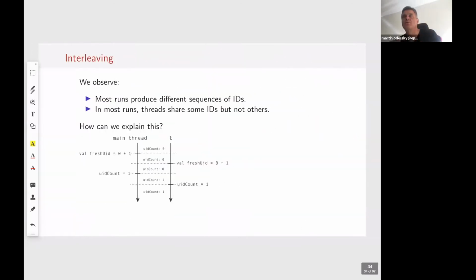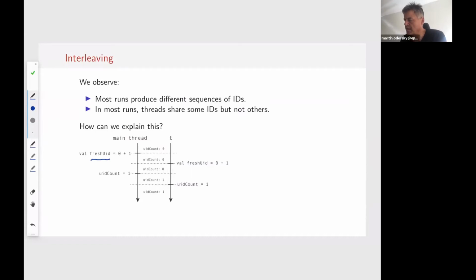Let's do it with our thread diagram. Here we have the actions that each of these threads does when it calls getUID. And here's the possible sequence where it goes wrong. In that sequence, the first thread would compute its fresh UID from the initial value, which is 0, so 0 plus 1.